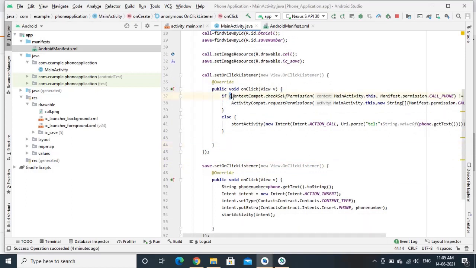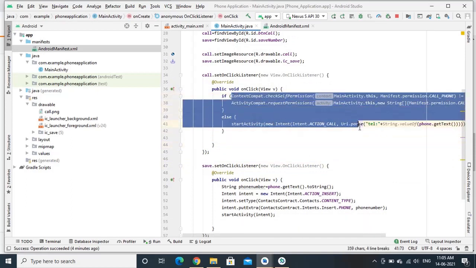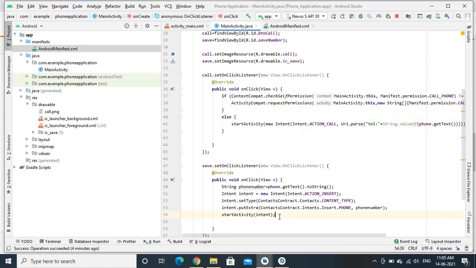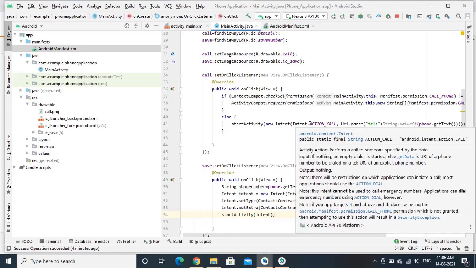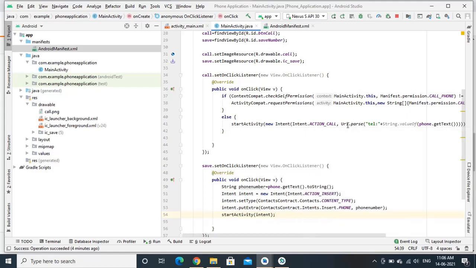And these are the different functionalities or the logic I have used, where I have used action call for calling the particular number, and I have used the URI class to create a URI object which will be referring to this particular resource, that is the call phone resource of Android.